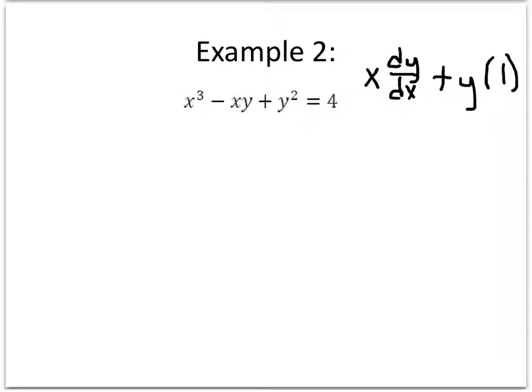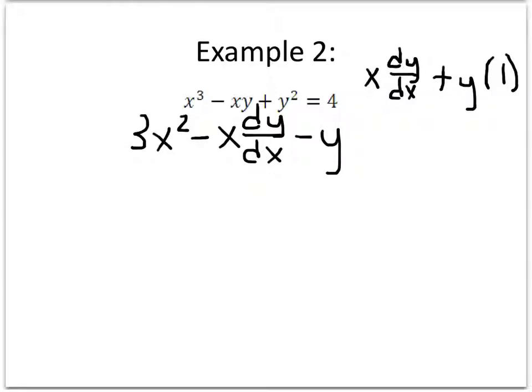Now let's do the rest of the problem down below. When you differentiate it all, it becomes 3x squared, and then you have to remember this part, so add that in, and it has a minus sign here, so you have to make it all negative. So it's minus x times dy over dx, and then minus y. And then for this last part here, you have y squared, which becomes 2y, and then you can't forget the dy over dx,